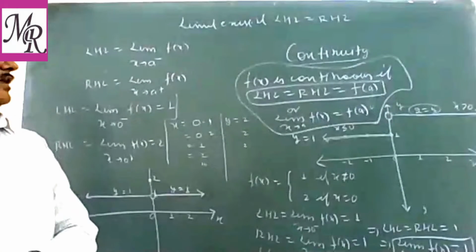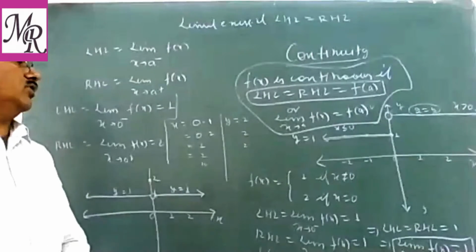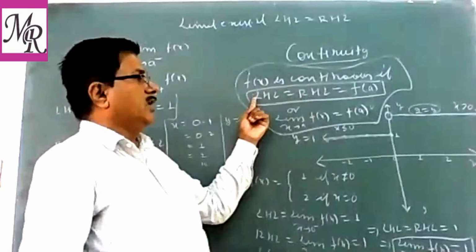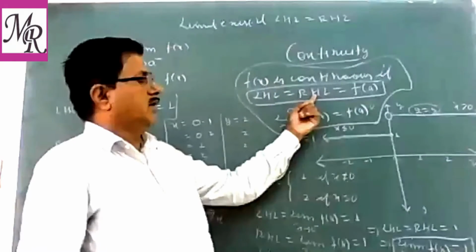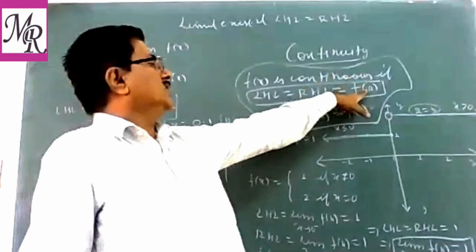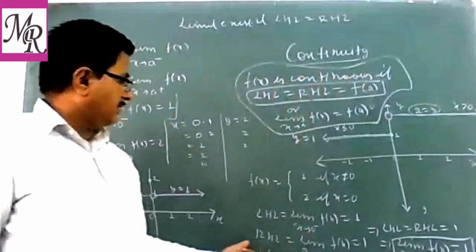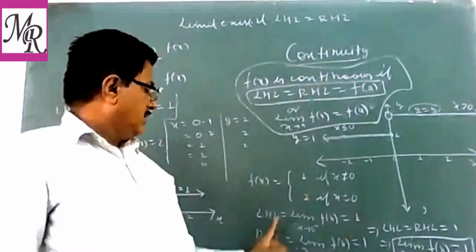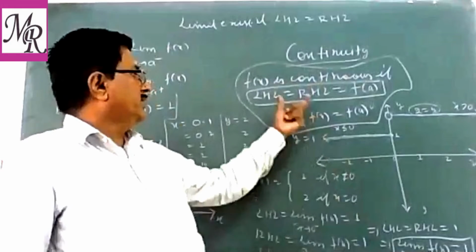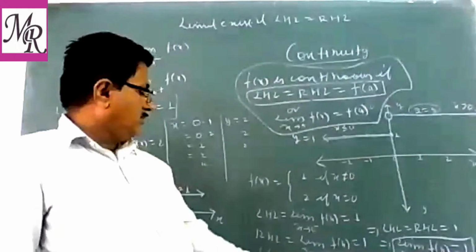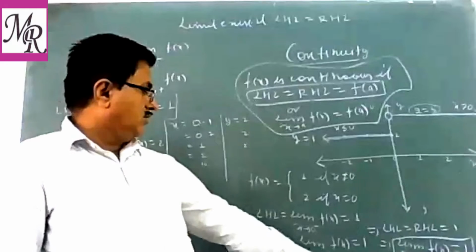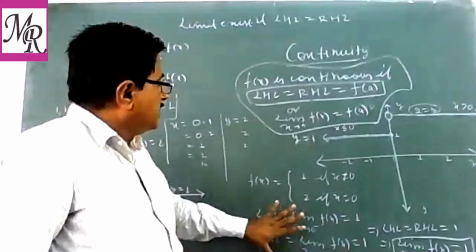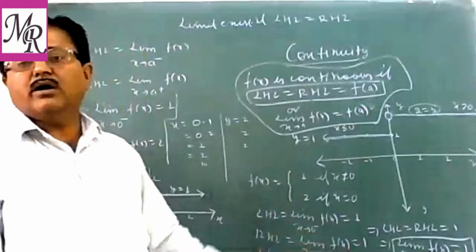So to check whether the given function is continuous or not, you can use this method: find the left hand limit and right hand limit, both should be equal, and the value of the function at that point too. जैसे हमने एक सेकेंड वन लिया है, ध्यान देखिए, हमने लेफ्ट हैंड लिमिट 1 आ रही है, राइट हैंड लिमिट 1 आ रही है. So the limit is 1 at this point, but the value of the function is 2, and the left hand and right hand limit is 1. So 2 is not equal to 1. That's why we are saying this function is not continuous.